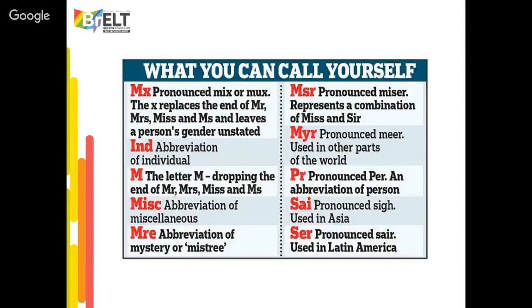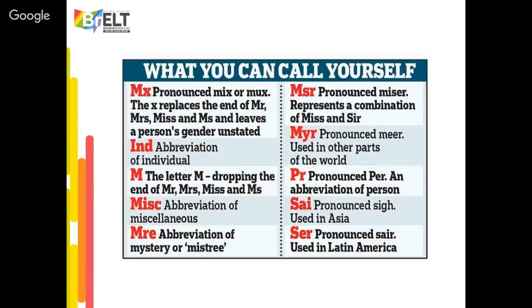So basically you have the MX, which is mix or mux, and the X replaces the N of Mr., Mrs., Ms., and Miss, and leaves a person's gender unstated. We have an individual, we have the letter M, and then we drop the end of the other words. We have misc for miscellaneous, we have mystery, we have miser, we have mere, that is used in other parts